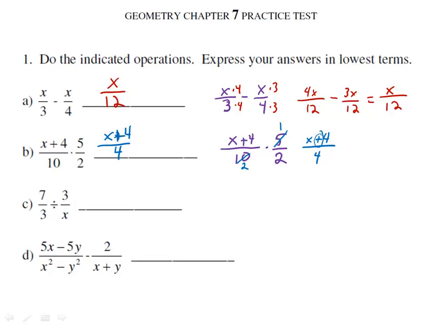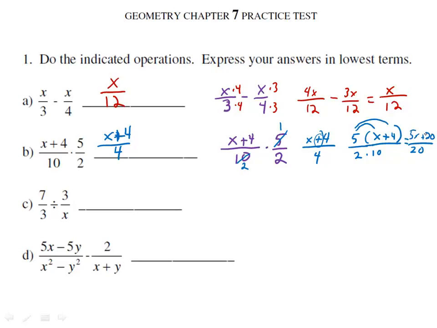If you didn't like that, you would do distributive property up on the top. I'm going to change the order of these. 5 halves times x plus 4 over 2 times 10. Alright, 2 times 10 is 20. And then 5 times distributive property, 5x